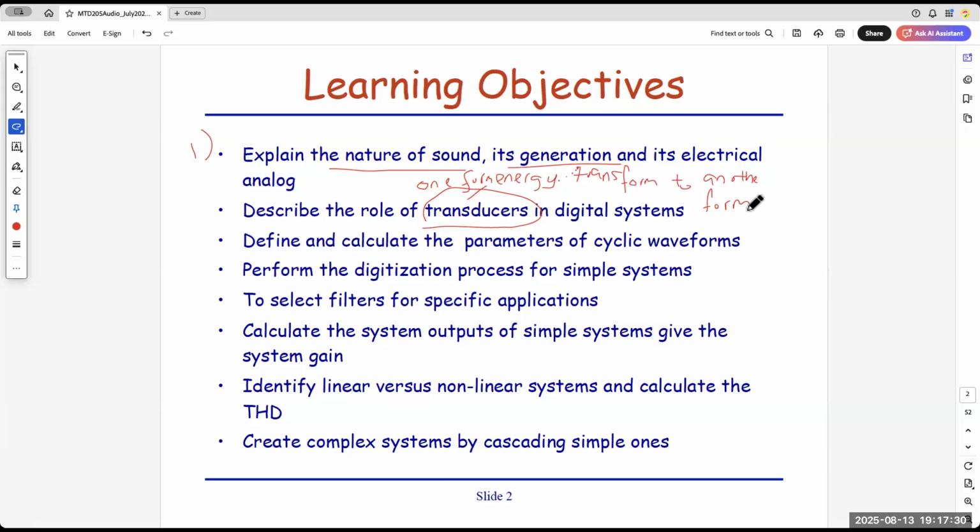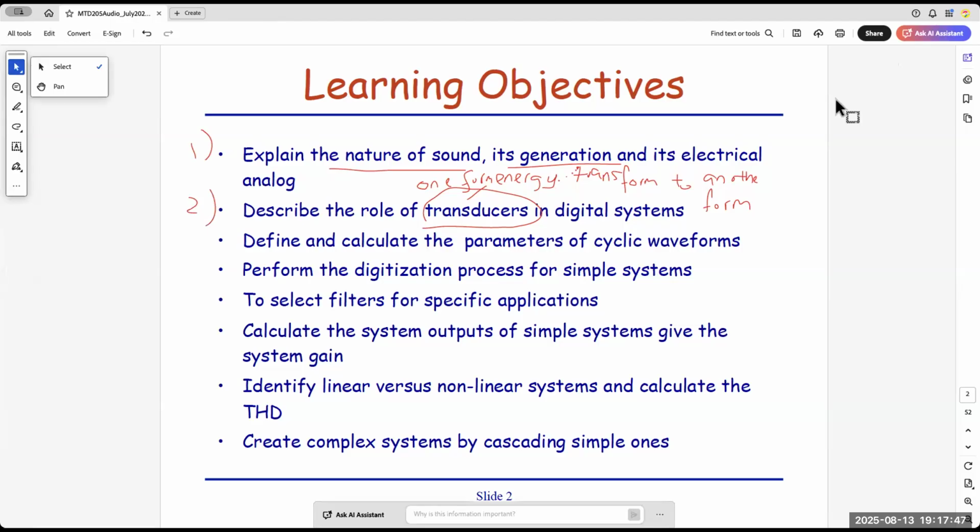Of course, we'll go into more detail later on. So for today, we talk about what a transducer is. The word trans means transform from one form to another. Is it okay so far in the understanding? Stop me if there are any questions, and I will answer you.